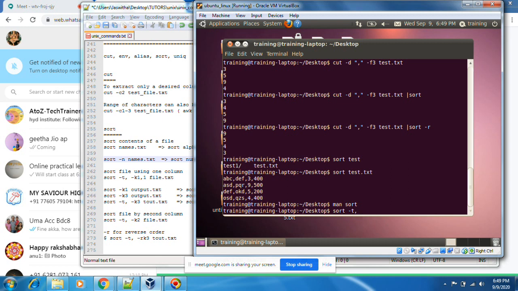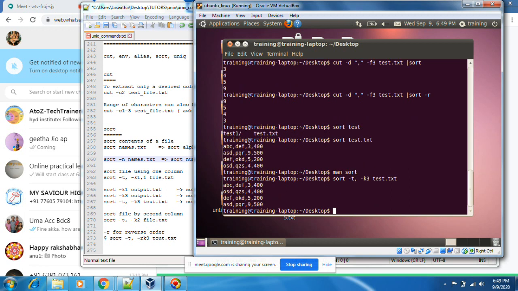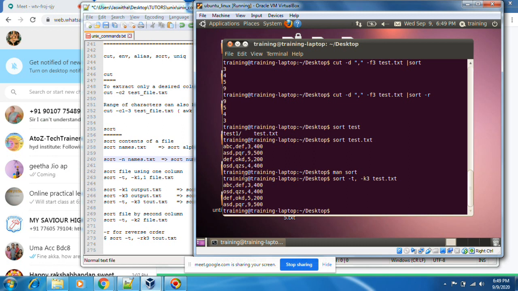I want to sort by column 3. Column 3 means 3, 9, 5, 4. These items should be sorted and then the corresponding lines will come. Hyphen k3. You see, it is sorted based on the third column, sorting the entire file.